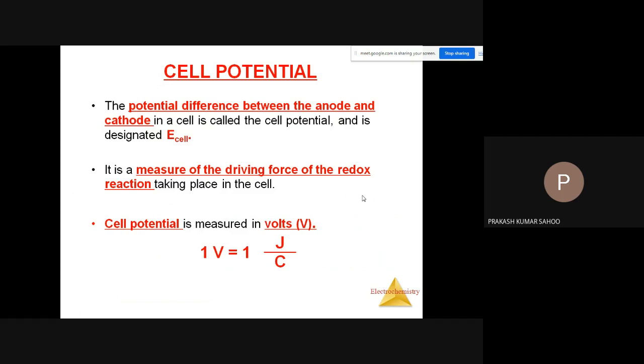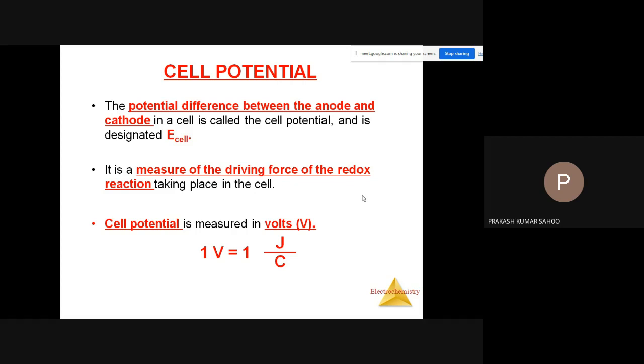Just remember, if you buy a small battery for your wall clock, that battery is written 1.5 volt. If you buy a bigger battery for your torch, it will be marked 6 volt. This volt is the unit of your potential, and this potential is